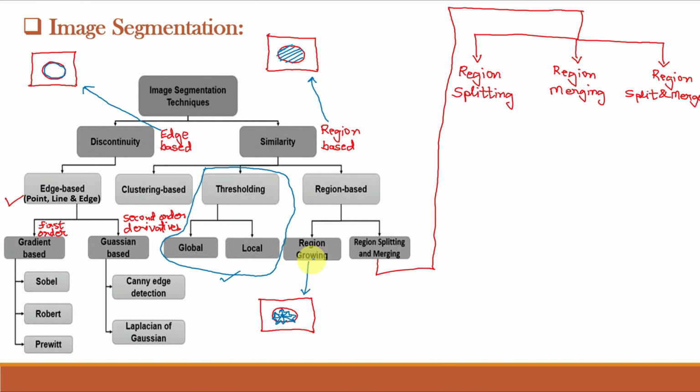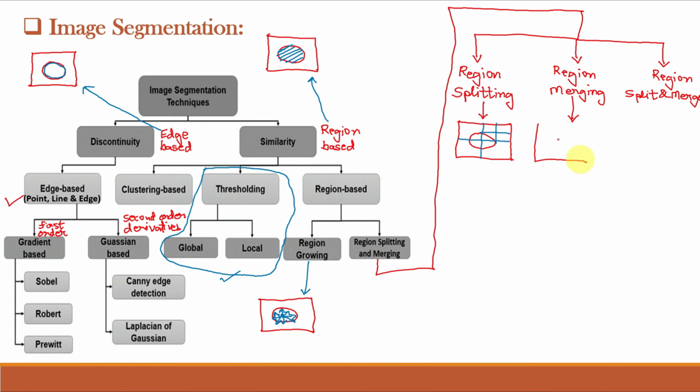For region growing, as the name suggests, we grow the region. We take some initial seed point like this and then we compare the neighborhood pixels and keep growing the region. For region splitting, we start with the whole image and consider this whole image as a single region and then check the properties of similarity. If the condition is not satisfied, then we split the regions into 4 quadrants and we continue splitting each quadrant further until all the subregions satisfy the predefined homogeneity or similarity property.